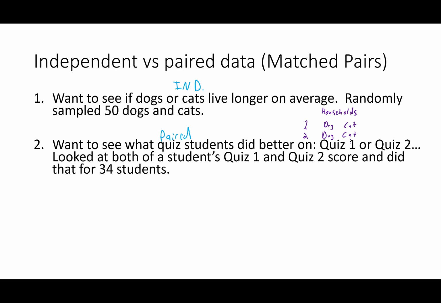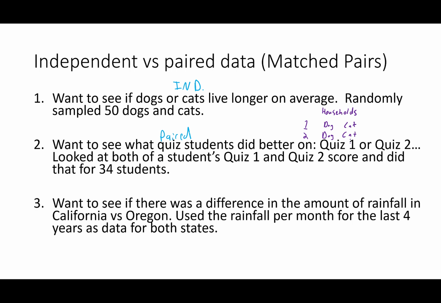Our last example may be a little bit trickier. Here we want to see if there's a difference in the amount of rainfall in California versus Oregon, and we used rainfall per month for the last 4 years as data for both states. Is this paired or is this independent? Keep in mind, California and Oregon are adjacent. They're touching each other. Now if we think about this, would your answer change if you were comparing California